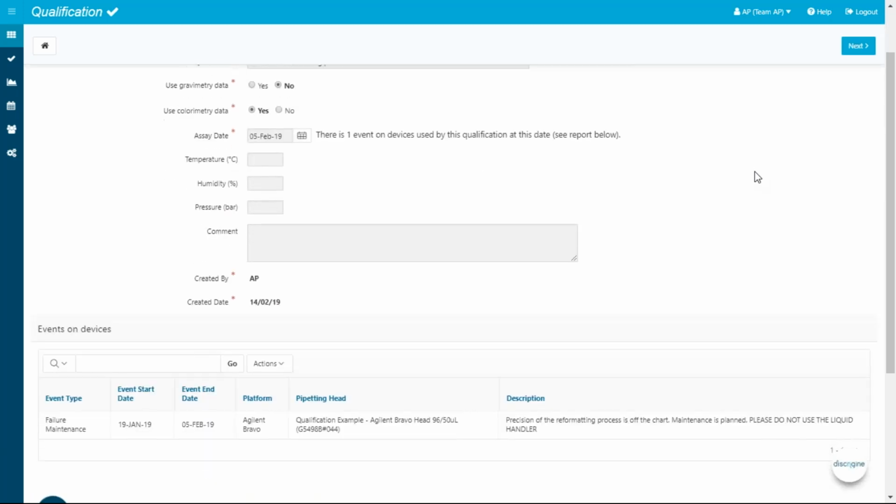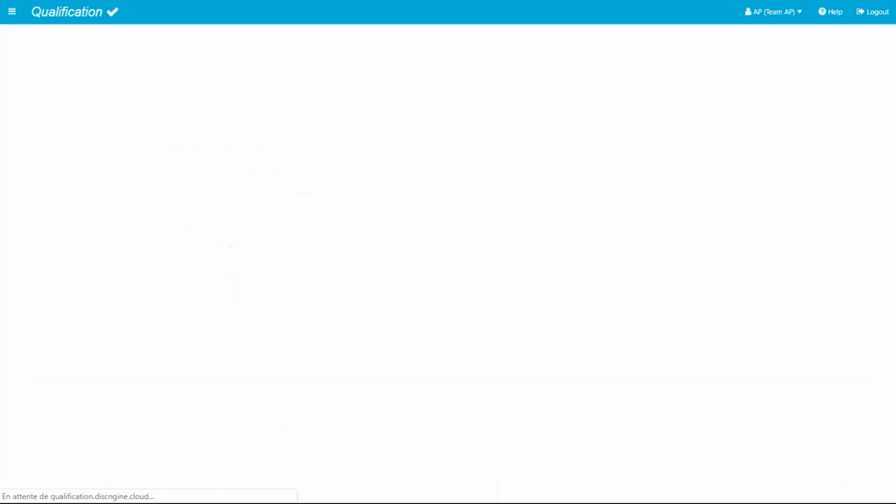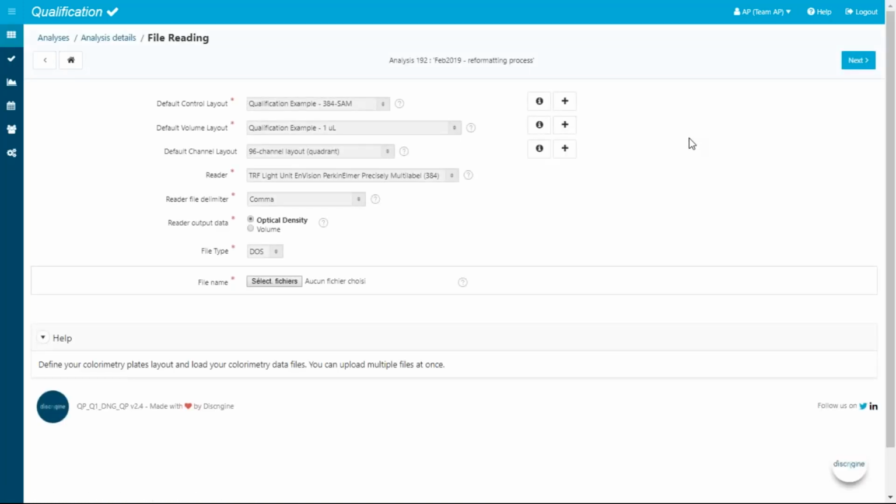You can see that there is actually one event attached to the device, attached to the platform. This event says that there is something wrong with my pipetting head on my platform, and I say to the user, please do not use the liquid handler. I'm in charge of the QA/QC operations in my lab, and now I want to make sure today that everything is back to normal. So I go to the next step, which is